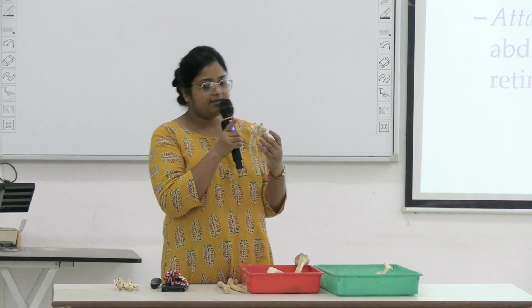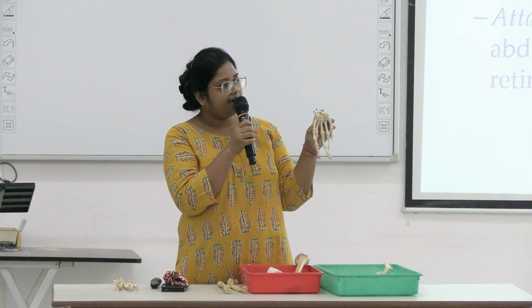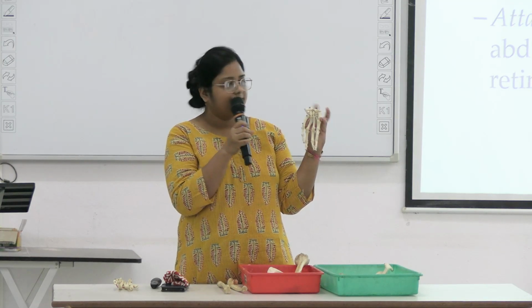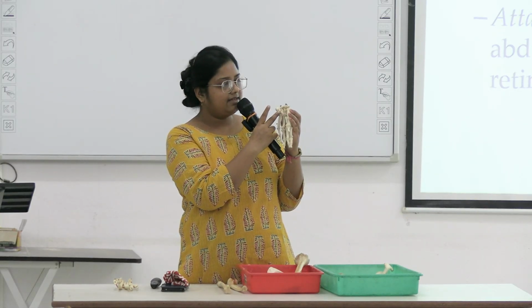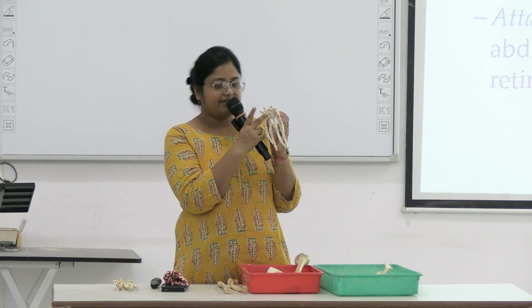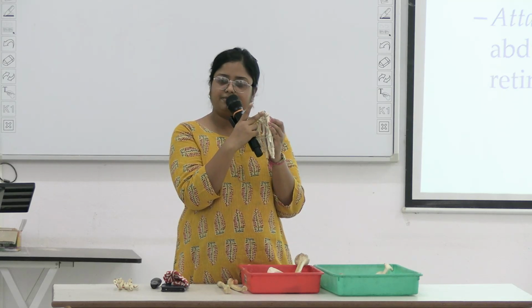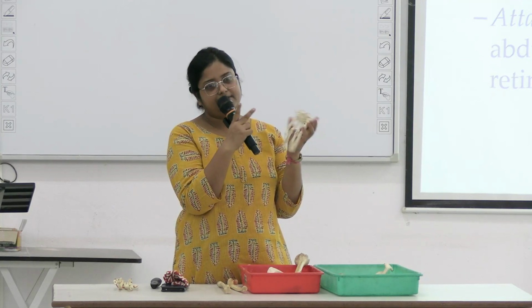Now you see the different carpal bones. From lateral to medial, this is scaphoid, then here is the lunate, this is triquetrum, and this small pea-shaped one is the pisiform. After that, this is trapezium, here is trapezoid, this is capitate, and here is hamate. And this forward projecting process is the hook of hamate. And over the trapezium, there is a crest placed over here. This is known as the crest of trapezium.